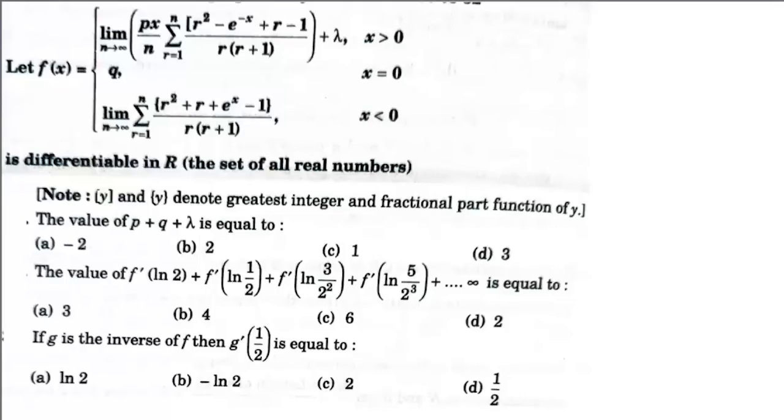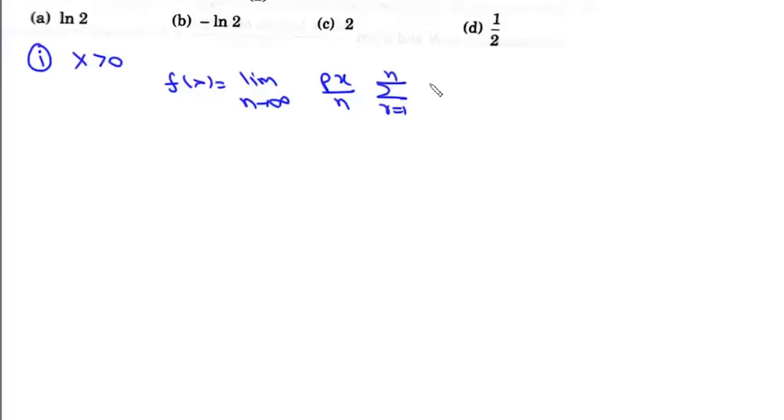Now when x is greater than 0, f(x) is defined as, so this first case, when x is greater than 0, f(x) is equal to this limit, n tends to infinity, p(x) by n, and then this summation where r varies from 1 to n, and it will be this greatest integer function of r square plus r minus e to the power minus x minus 1 upon r plus 1